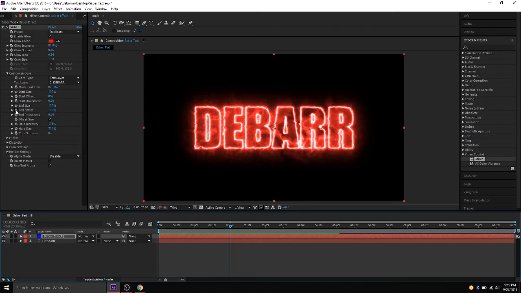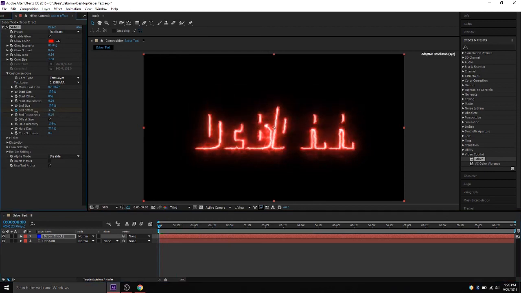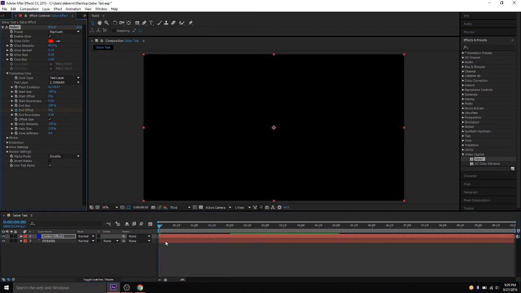So if I just click the stopwatch here to set a keyframe, that's going to say that at this point in time in the timeline, it's going to be 100%, which is like this. And then, if I take the playhead and move it back to the beginning, and move the end offset from 100% down to 0, it set another keyframe there. So now at the beginning frame, it's going to be at 0% for the offset, and then at 2 seconds it'll be 100. So now if I hit spacebar,